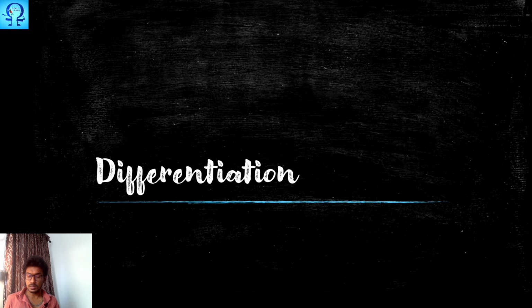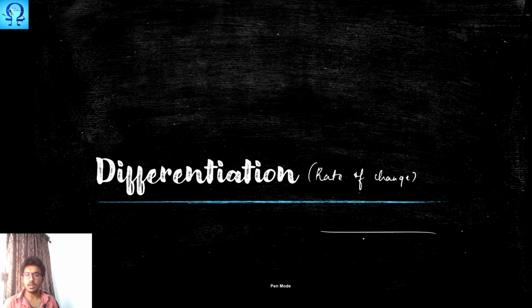Welcome to a course on differentiation. This is the second part of the calculus course that we are running in our channel. Differentiation. What do we mean by differentiation? It is the rate of change. In simple terms, we call it rate of change, and this rate of change is mathematically called differentiation. What kind of rate of change are we dealing with?